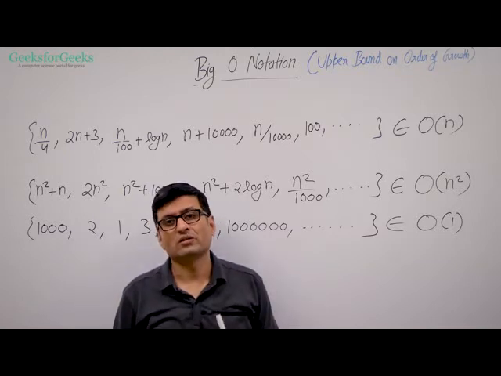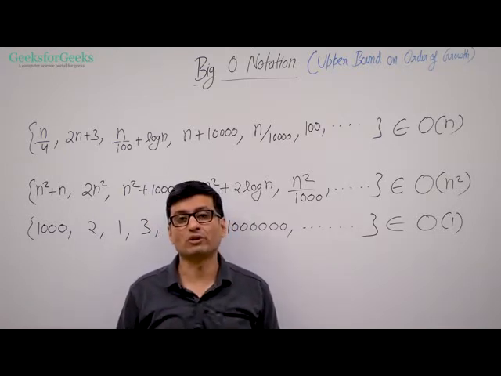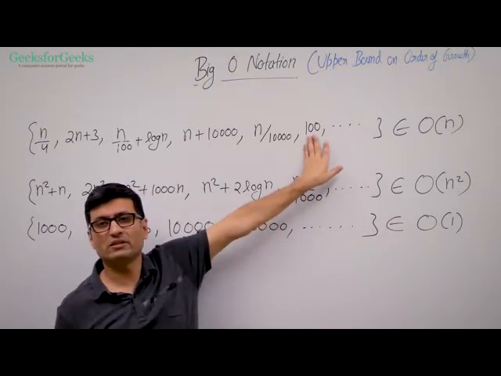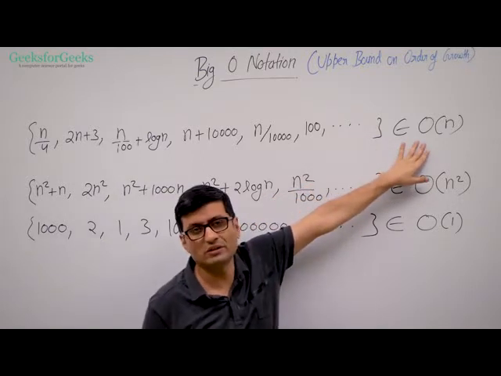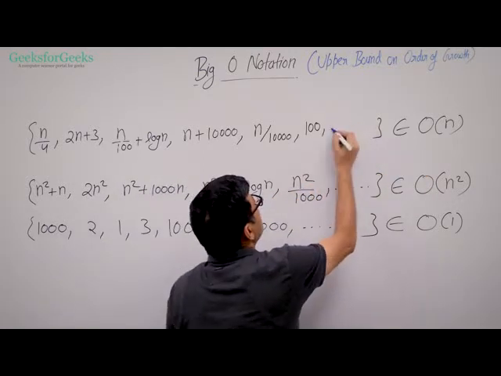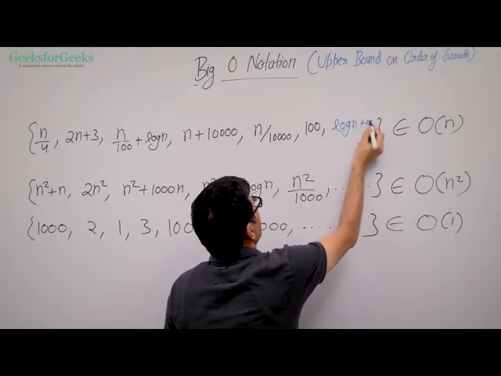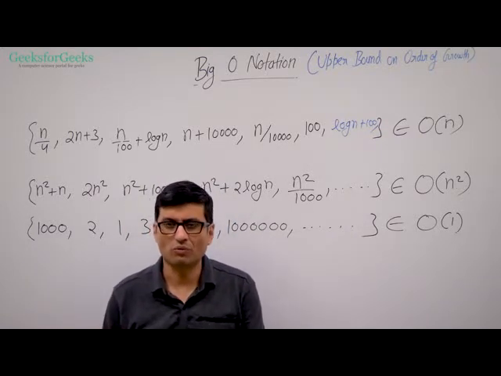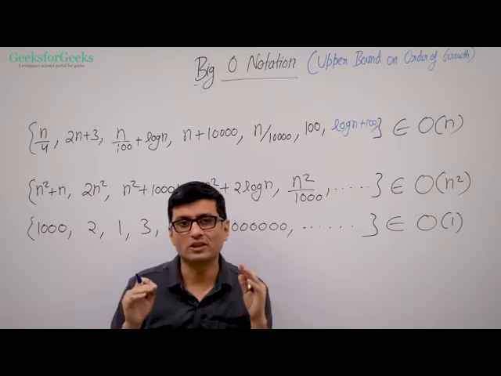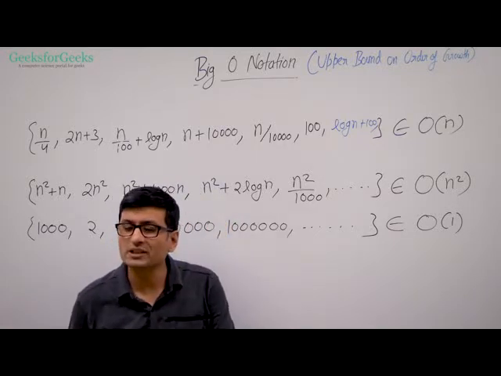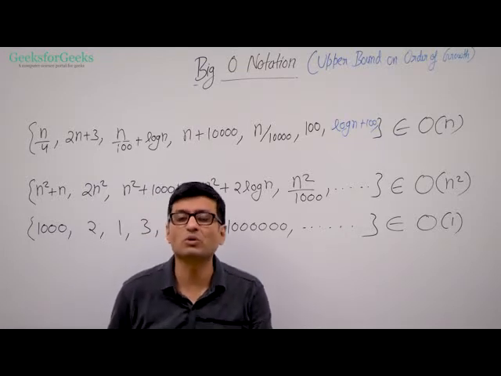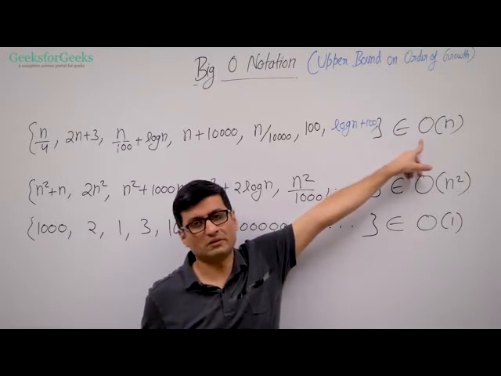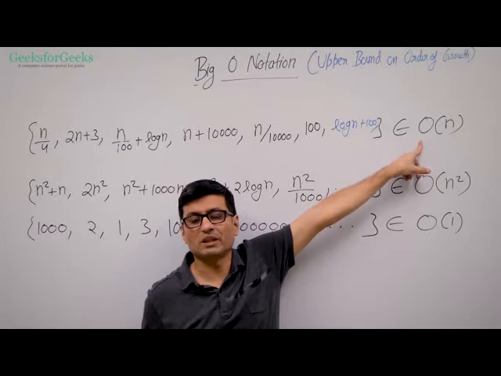Not only this, the expressions or functions which have order of growth less than n, they also come under big O notation. So this is a constant term 100. We can write this also as big O n. You can write even log n as big O of n, or maybe log n plus 100 under big O of n. So big O means equal or more. Whatever you put in big O is equal or more, and it represents the functions which have order of growth equal or less. So log n plus 100 also belongs to big O of n. Right? It can also be written as big O of n mathematically.